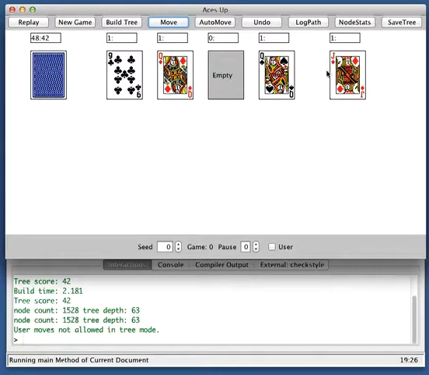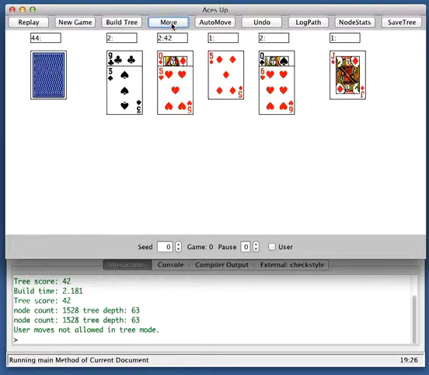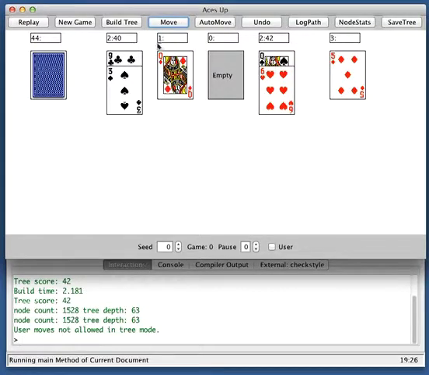Now, the only legal move is a draw. So the second number after the colon in the cards is the score you get if you make this move now. Well, it's the only move possible. And now here, the only move possible is the 5 of hearts. So here, that shows that 42 is the only score we get from there, and so forth,